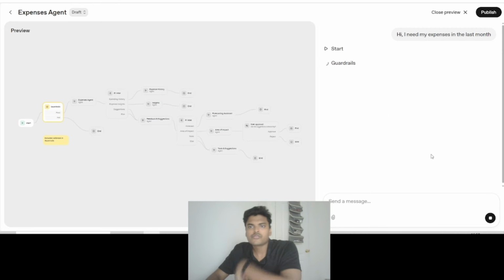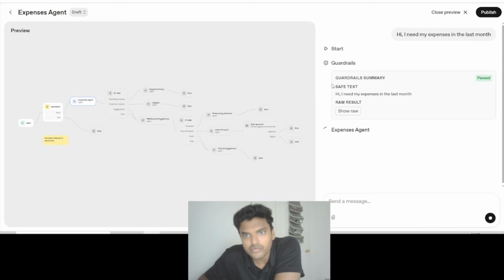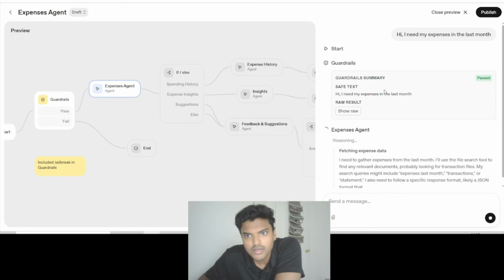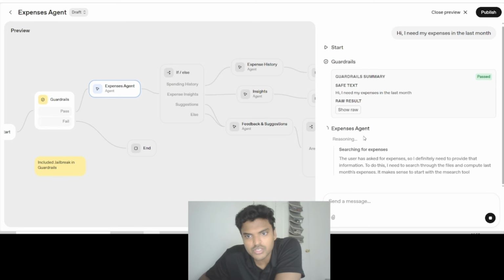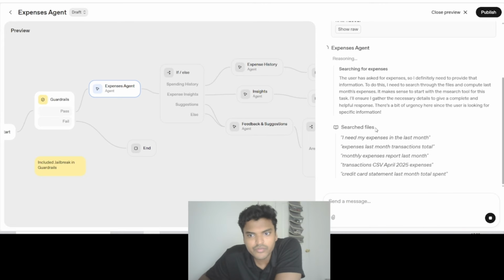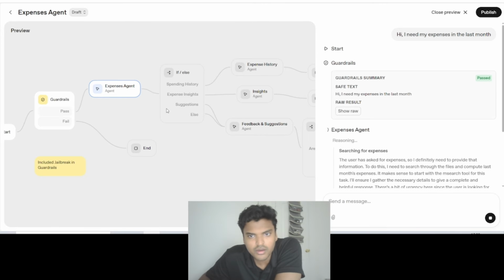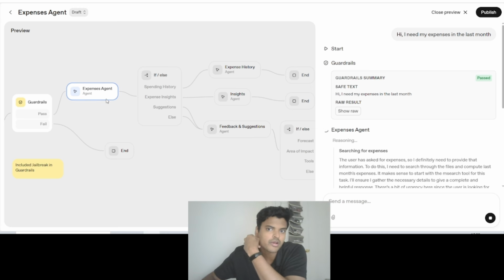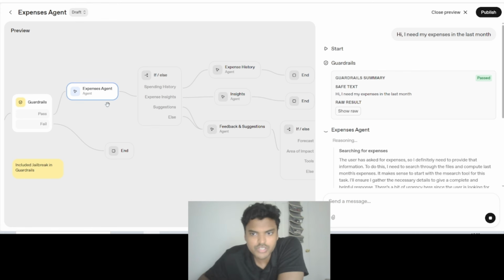So this is just my chat to it. First of all, it goes through guardrails like this. This is the guardrails. Since it's a safe text, it just goes to expenses agent. It searches my files which I have uploaded in this expenses agent. So I have uploaded a bunch of my credit card information in this, right? So it searches for it, and